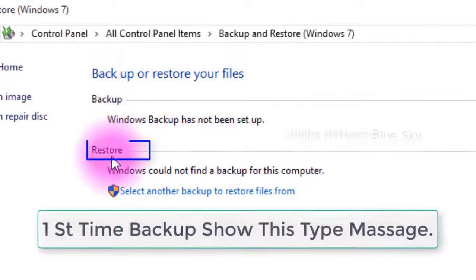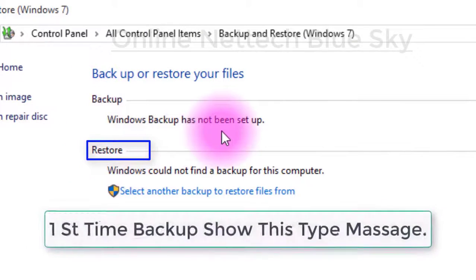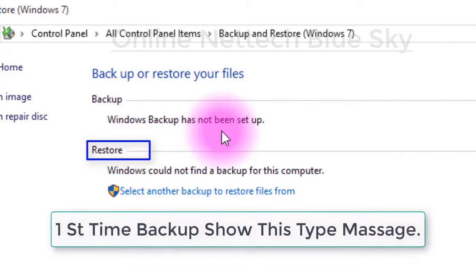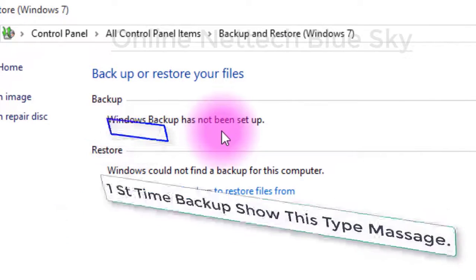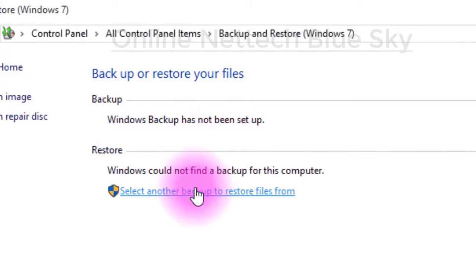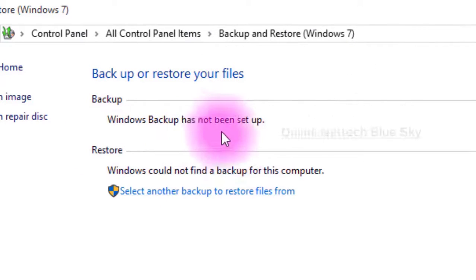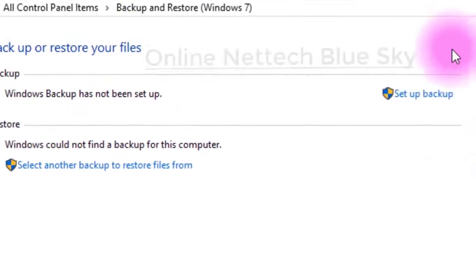This is the first-time backup, so you can see no information here. Restore means you can restore your original data back again. You can also select another backup to restore a file, but that is the second option and I'm not using it this time. We are first working on taking a backup.